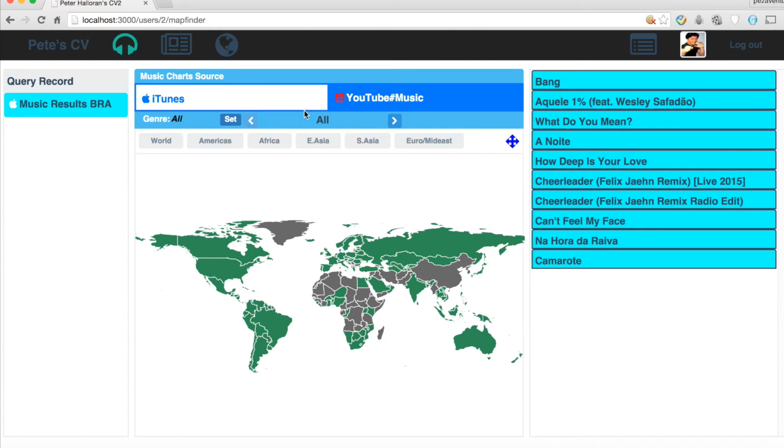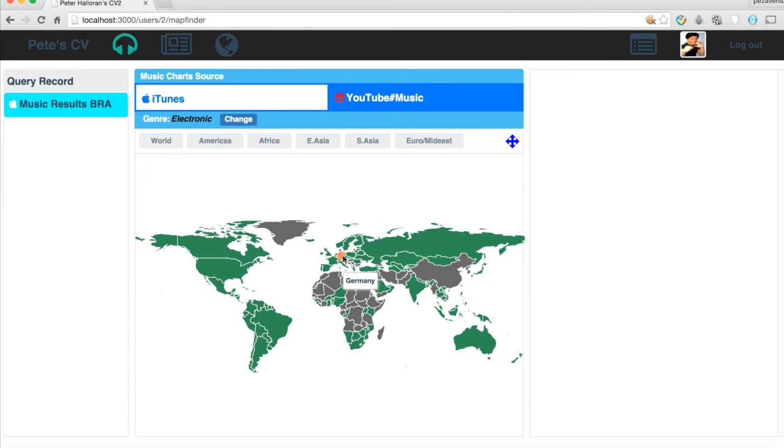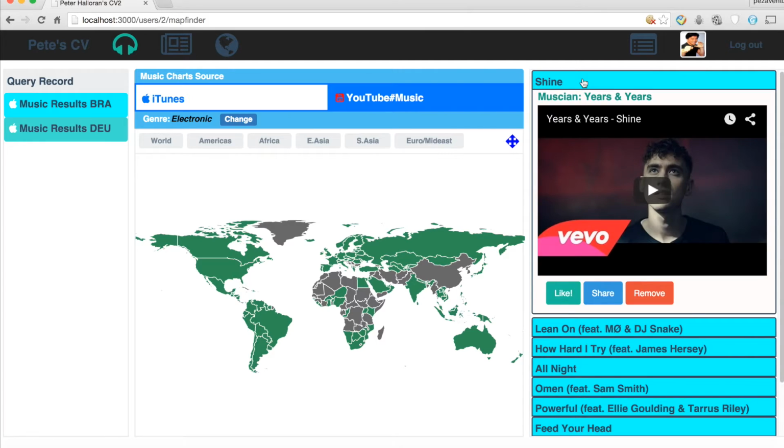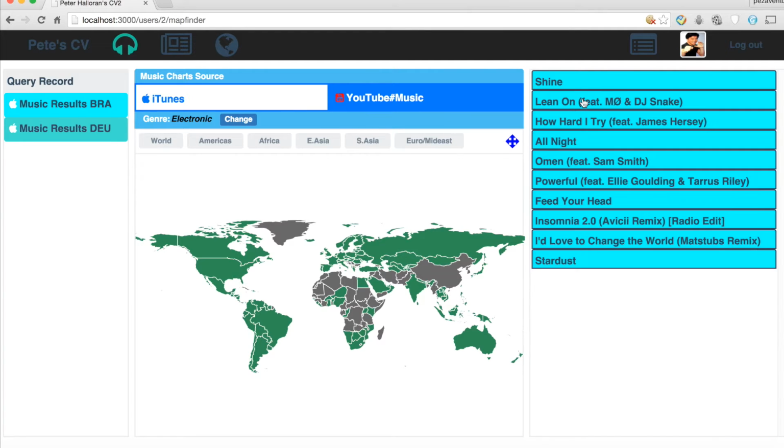You can also change the parameters, like the genres of music. For example, let's do electronic. And who likes electronic music? Germans do. Okay, so these are the top electronic music right now on iTunes in Germany. Okay, great. So, I'll show you that later.